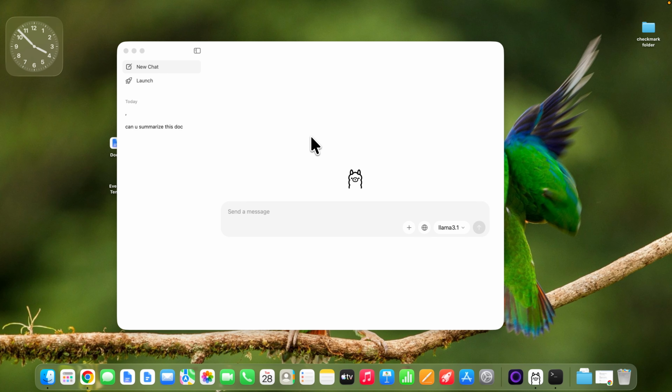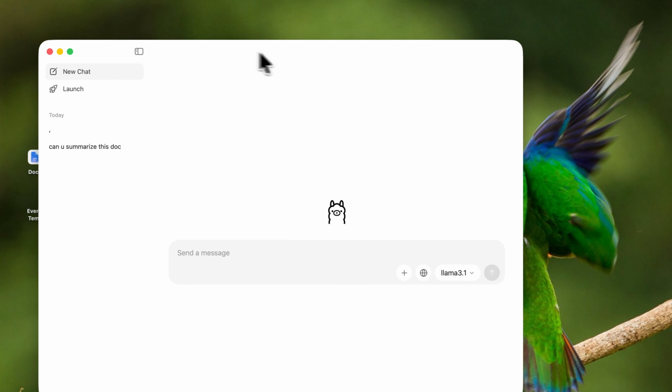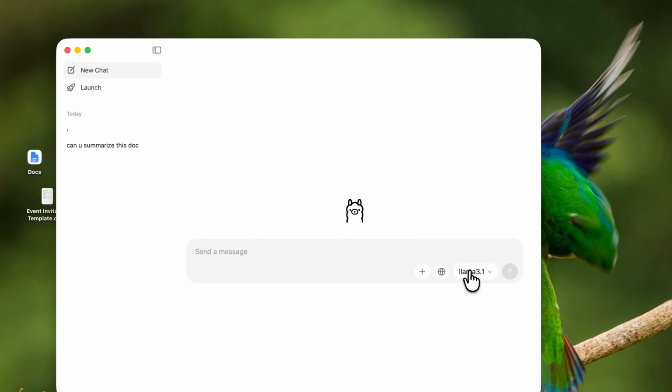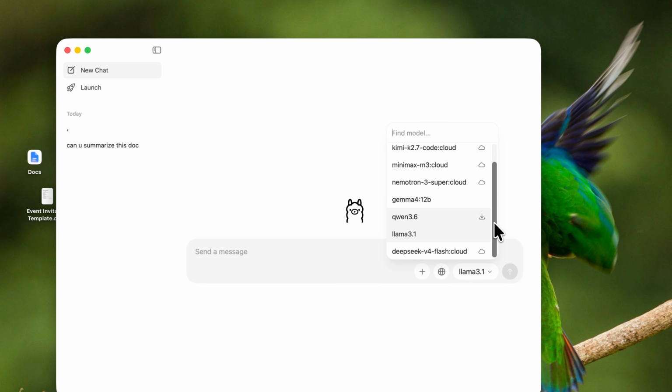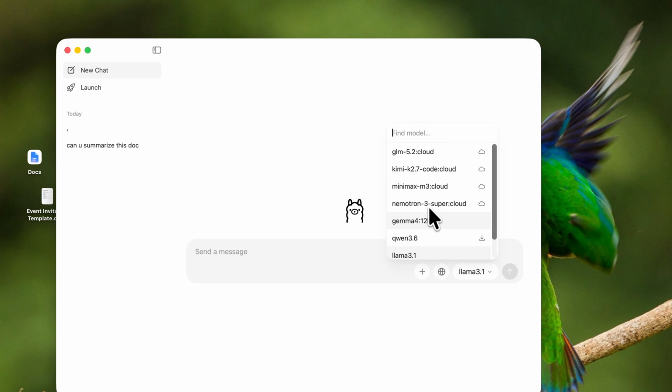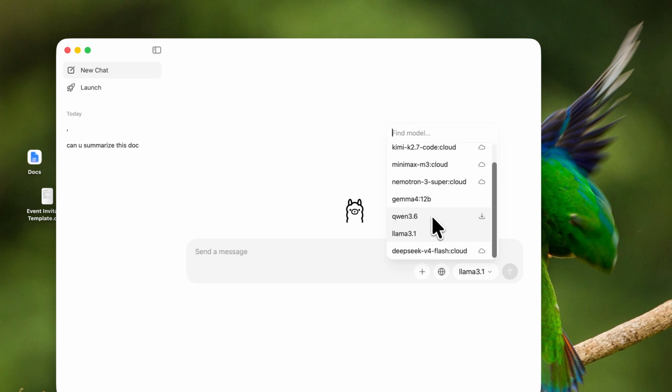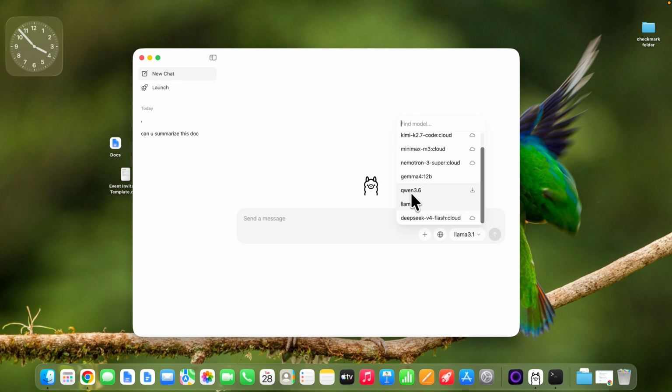Hello everybody, in today's video I want to show you how you can install more models in your Ollama. So here I'm in Ollama, and if I open this window where you can check the models you can install, you'll probably see only the most popular ones. If you want to maybe install some different Qwen version or Gemma version, there is a way to do it,